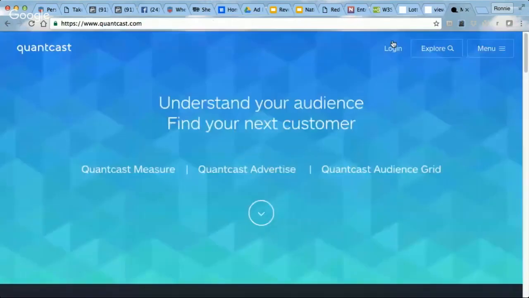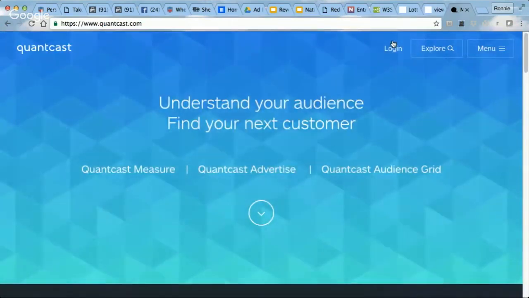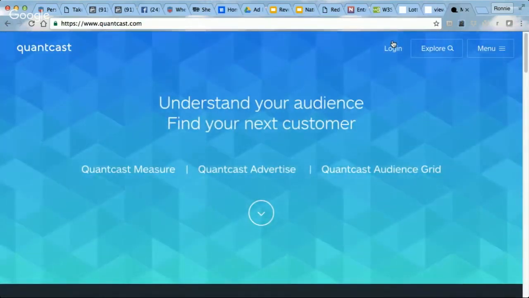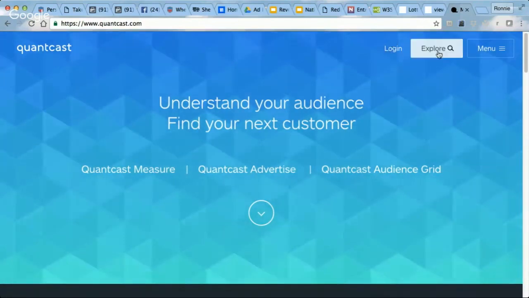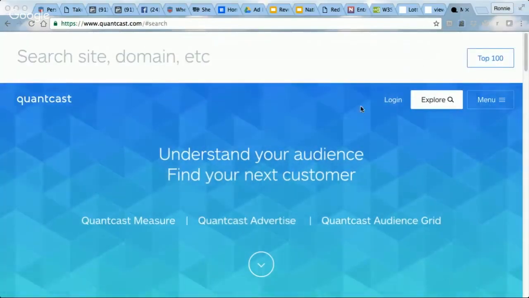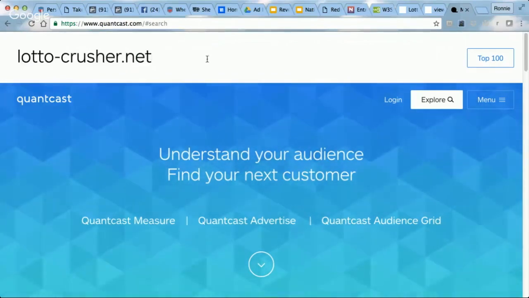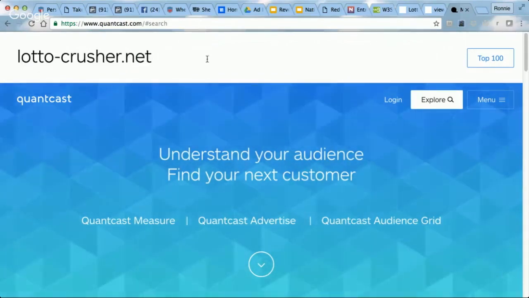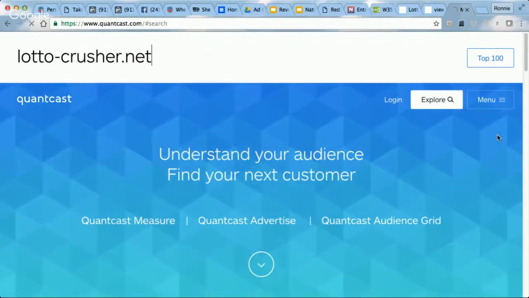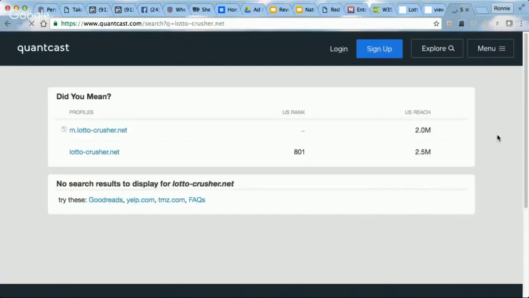Now, just full disclosure, I've used this website before, Quantcast, and it's pretty cool. It gives you the demographics of your audience, but usually most people set it to private. Most people set their information to private because they don't want anybody knowing their information. So I'm just going to take this affiliate offer and see if this website has any